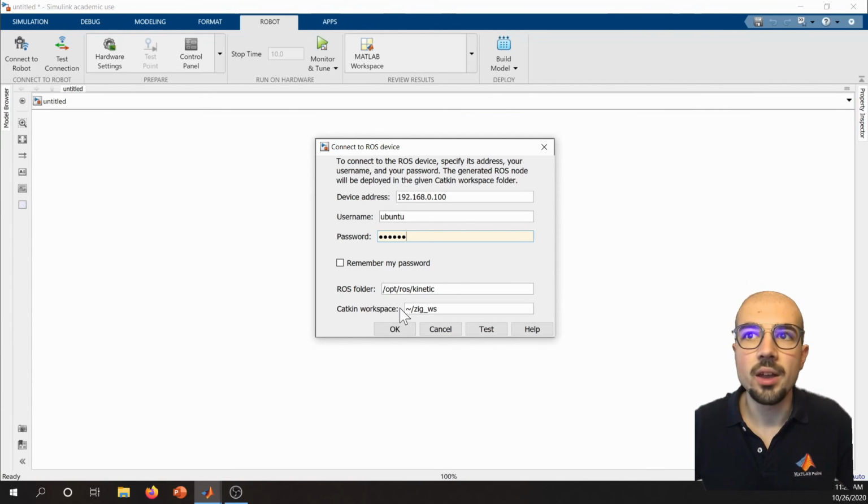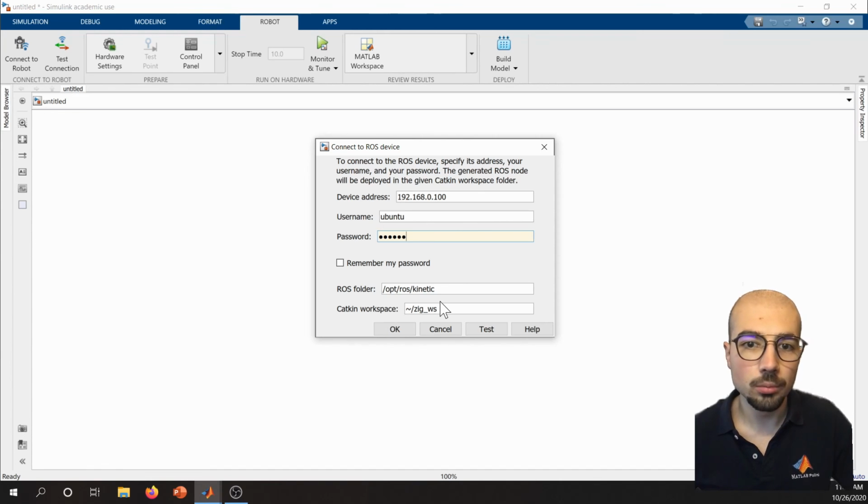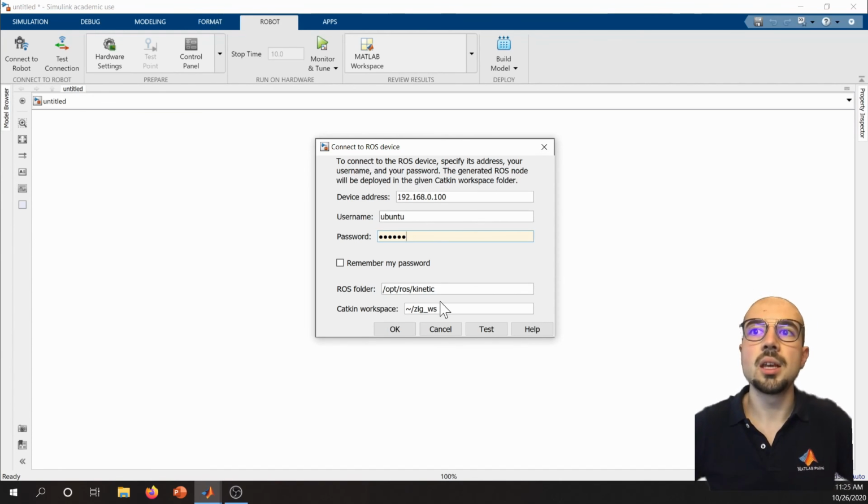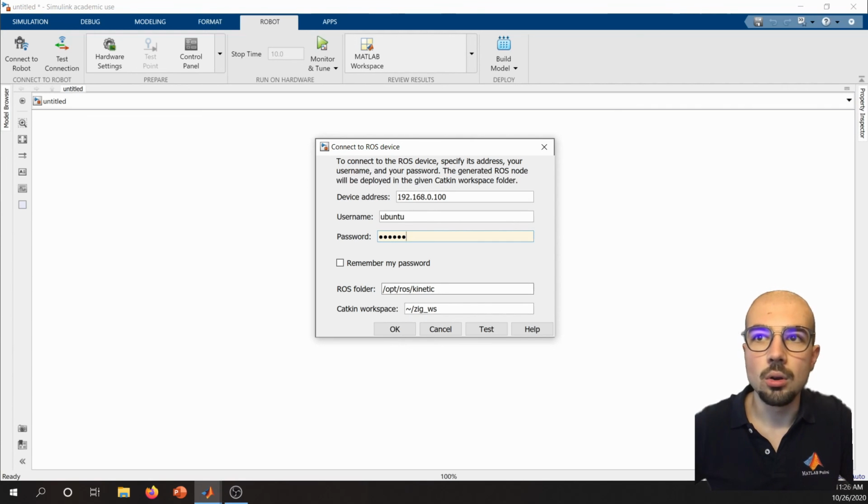And then you have to specify the Catkin workspace. The Catkin workspace is a kind of place where all the code will be compiled and stored. Meanwhile, for the execution, in this case it's called the zig_ws workspace, and then I can click Test.